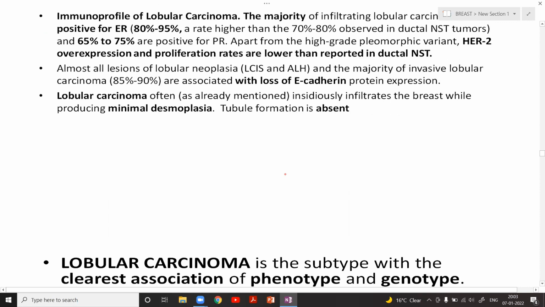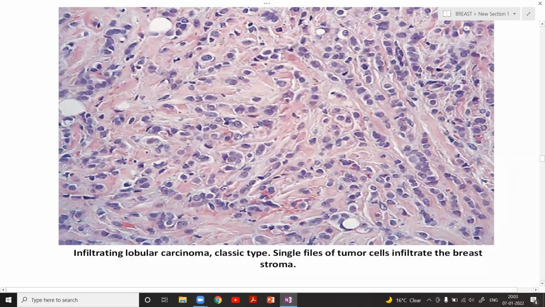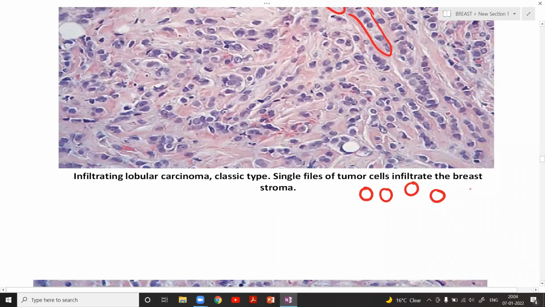As I told you, let me just show you the histological image of this tumor. So they have a specific pattern. Can anyone tell me what this pattern is called? Yes, India file. Very good. This is also called an India file pattern. And if you appreciate very carefully, all of these cells have become round, and they are dissociated. Can anyone tell me why this happened? Yes, there was loss of E-cadherin.